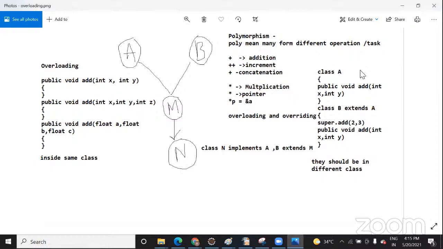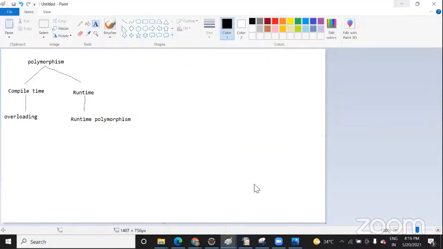So how will we call class A or class B in that main program? Sorry, can you repeat it once again? If you have to call class A and class B in that main program, how will we call them? You need to create an object, right? You create an object of A, just like we normally create an object, and with that object you call the method. Okay, I will show you the program.